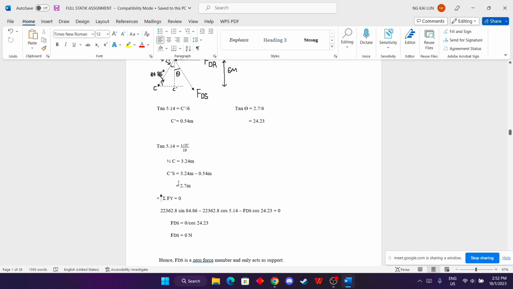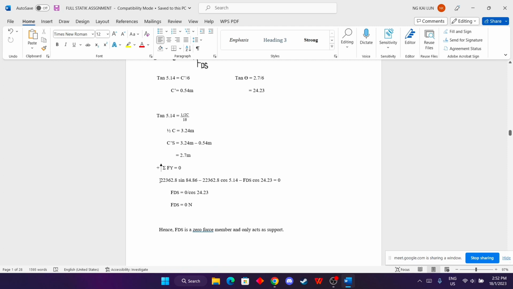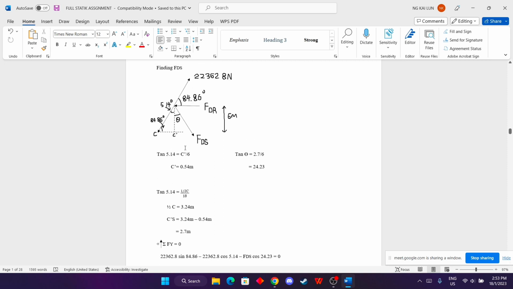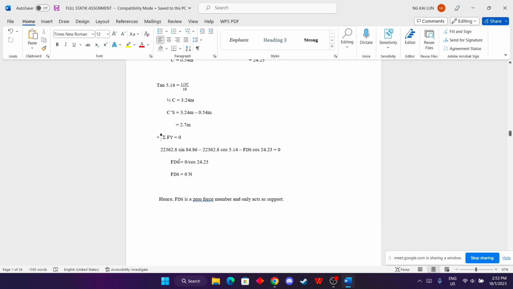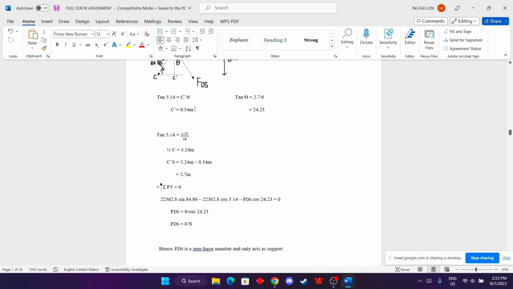And then all I had to do was to find the force, the sum of force Fy is the same thing. This minus this minus this. You get 22,362.8 sine 84.86 minus 1 minus FDS cos 24.23. So it's this one minus this one minus this one, the resultant here. And then we get FDS equals 0 divided by cos 24.23. And then we found out at the end FDS equals 0 Newton, which means that FDS is actually a zero force member that only acts as a support